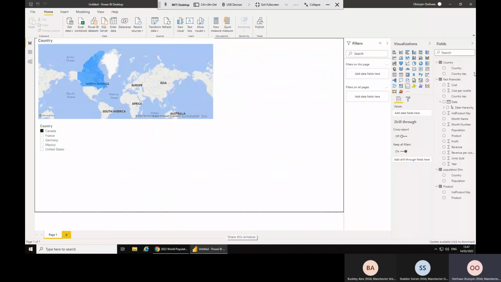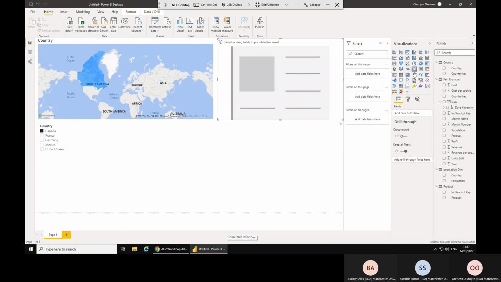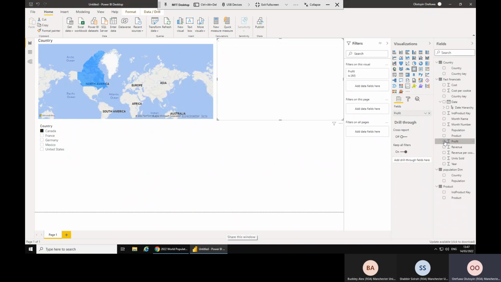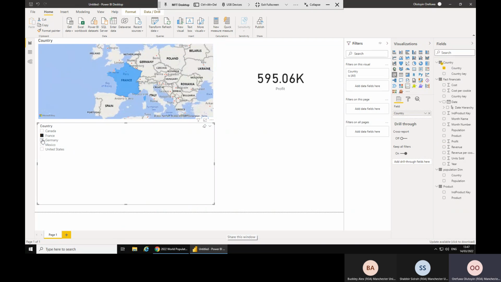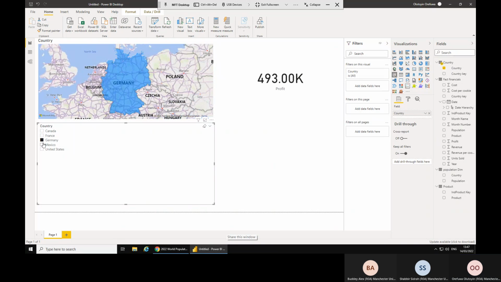We might put a card here that tells us the profit that we are making. So this is a card, a visual card. Then we say profits. And if we go country by country, France, that's responsive. Germany, Mexico,